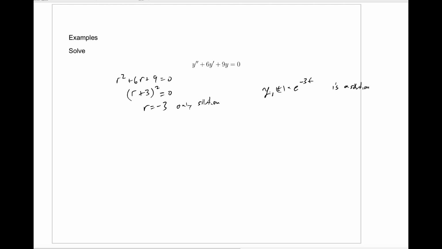We've known that for quite a while at this point. But based on the work we did in the earlier video, we know that y2 of t equals t e to the minus 3t is also a solution. And we already checked this in general, but you could check it again. Here, the Wronskian of these two functions will be non-zero, so that y1 and y2 constitute a fundamental set of solutions. That means the general solution